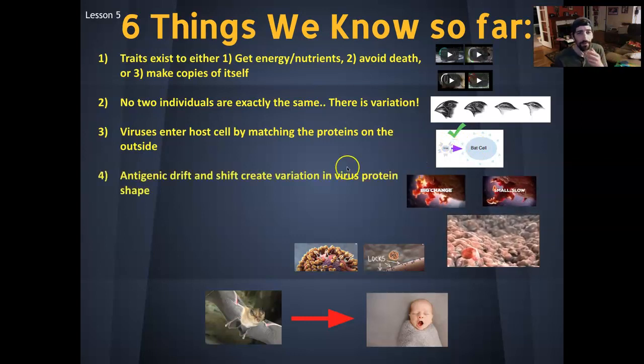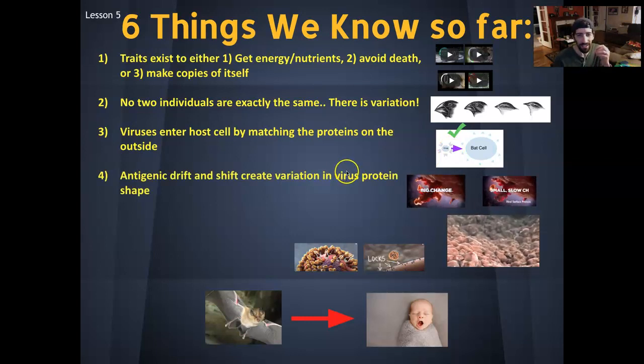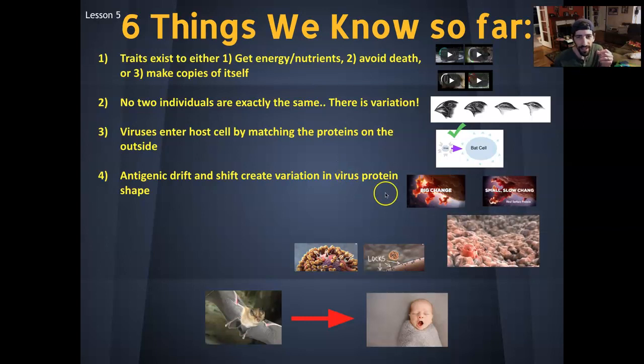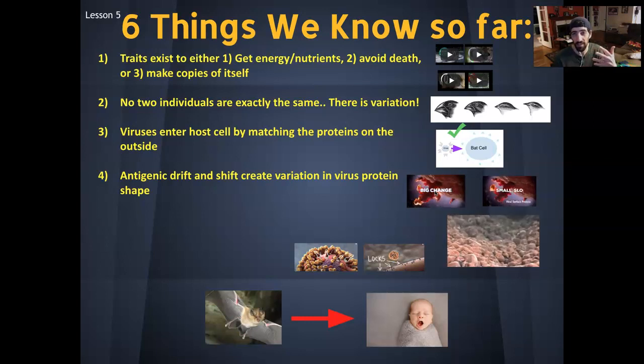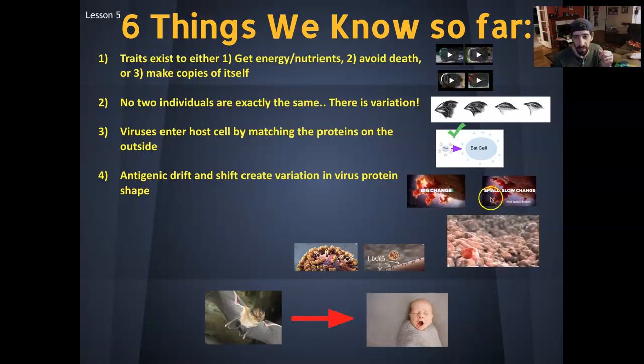Number 4, something called antigenic drift and antigenic shift are things that lead to variation in those proteins on the outside of the virus. So over time, the proteins on the outside of viruses are always changing. In some cases, they change slowly over time, like in this case here. In other cases, they change really fast all at once. Number 5,